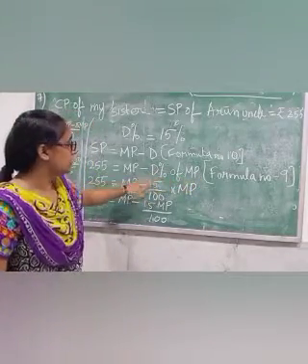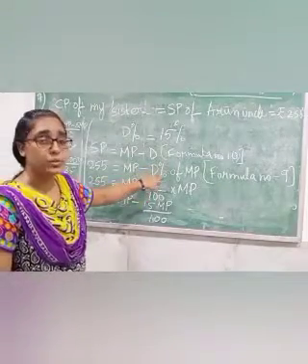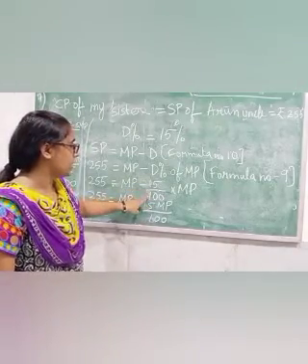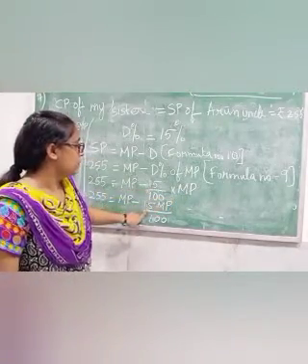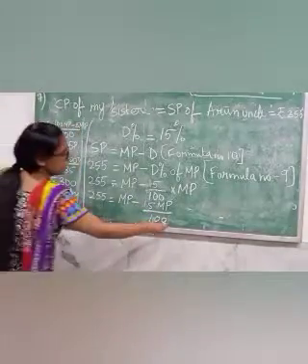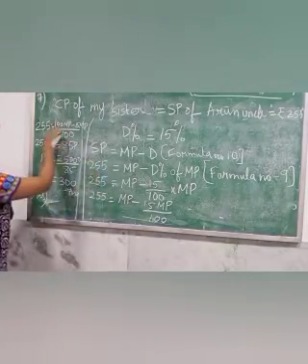Now discount percentage means 15 by 100. Okay, 15 by 100, why? Because we are removing this percentage, so we have to give 100. Okay, so 15 by 100, 15 into MP, 15 MP by 100. Now you will take LCM. When you take the LCM of this portion, the LCM will be 100. 100 into MP, 100 MP.